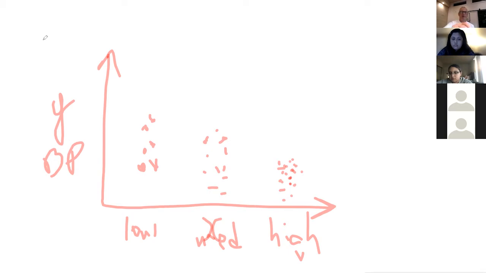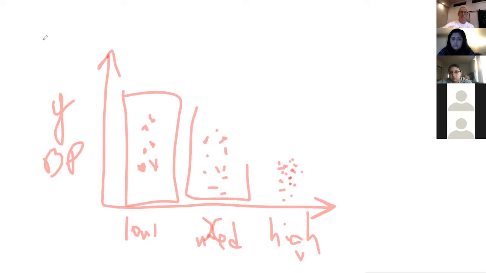I'd have one group with a low dose, one group with a medium dose, one group with a high dose. And I would see if there was a difference in those groups. If I was just doing a single experiment,